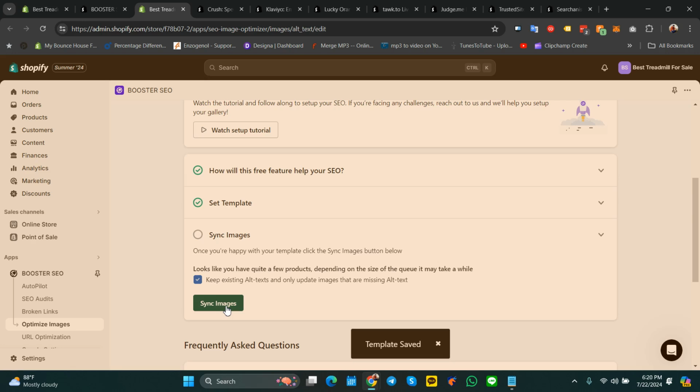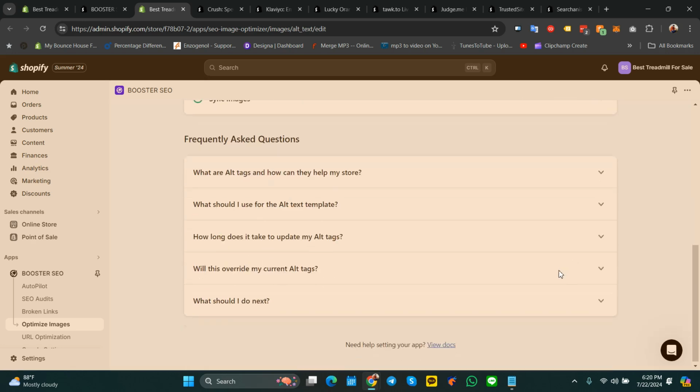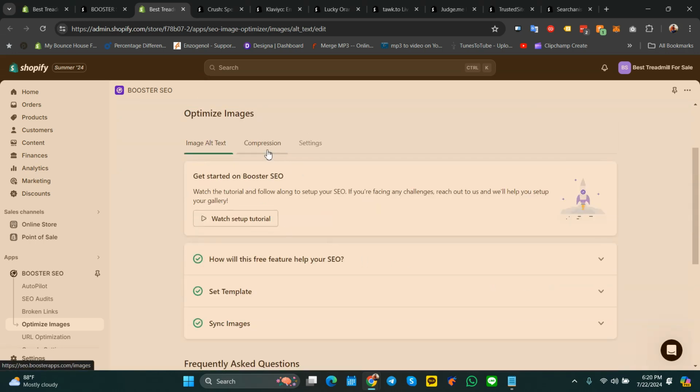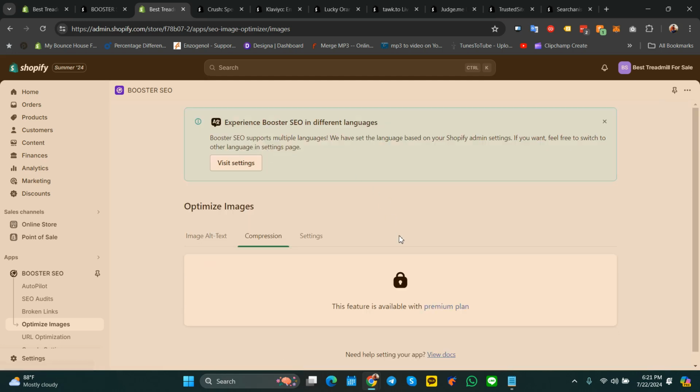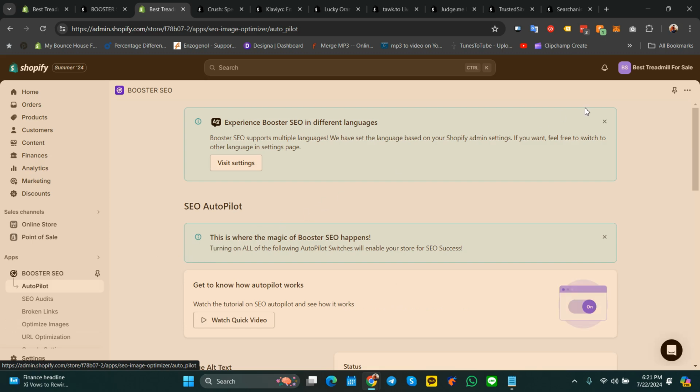Sync images, okay, so we're gonna go ahead and sync all the images, and they're gonna add that alt text, which is gonna help us with SEO. That's the main thing. Okay, so we have that. We're gonna do compression. That's a premium plan feature, so we can do that later. That was just lowering the file size. Okay, that's good. And then for Booster SEO, what we're gonna do is whatever features we have available, and this